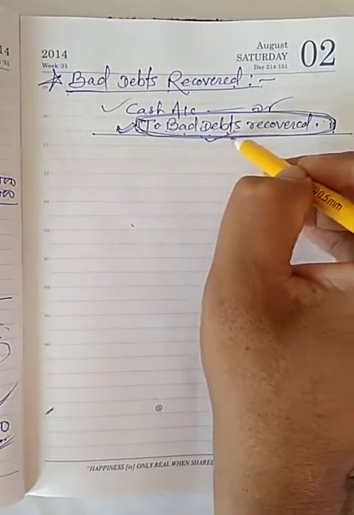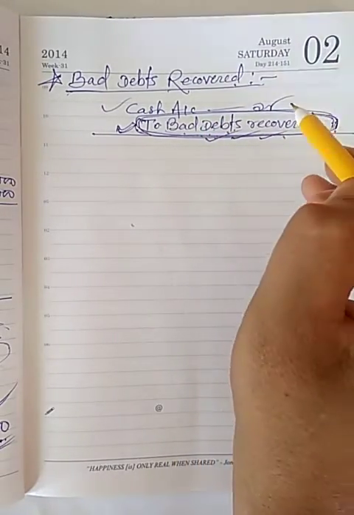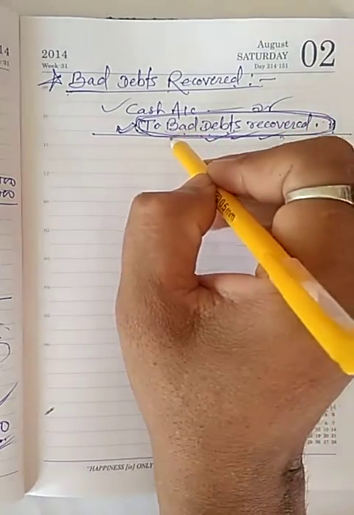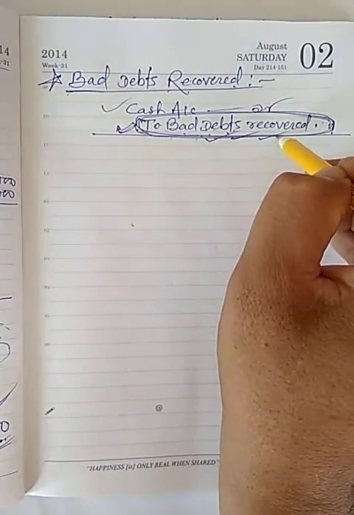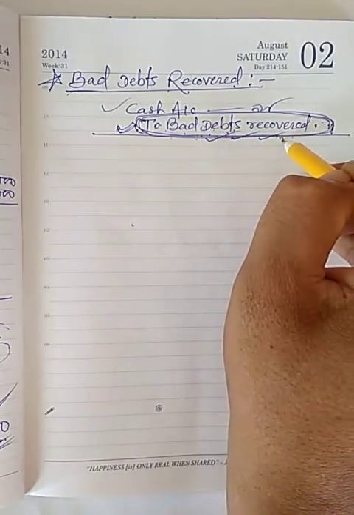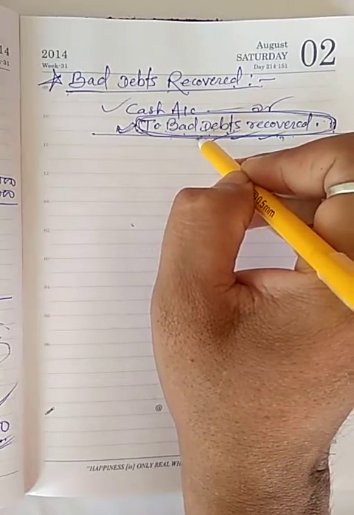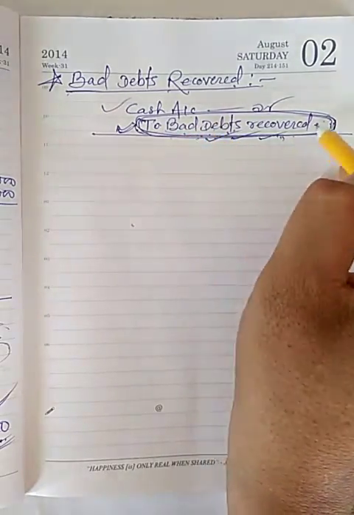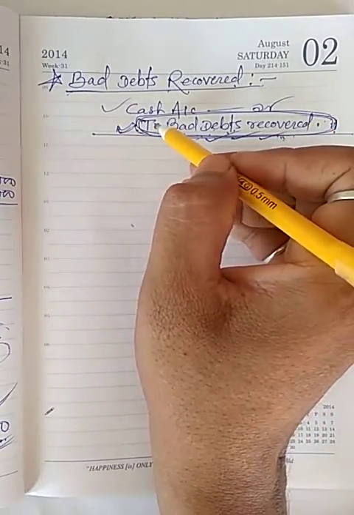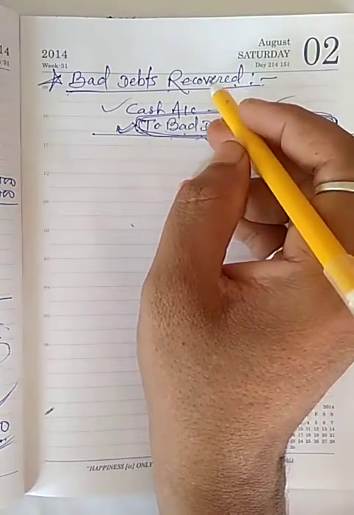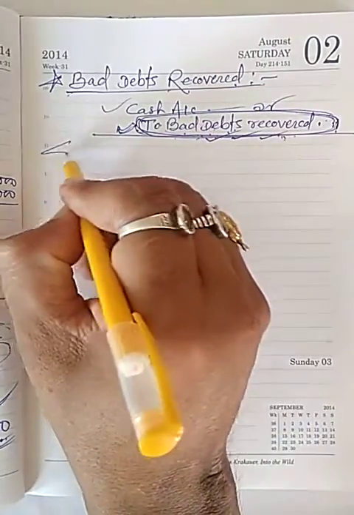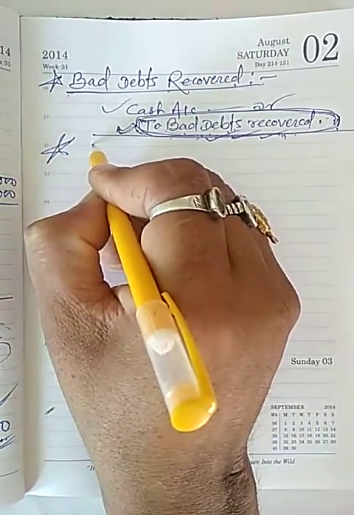So this will be income for the business, and it will be credit according to nominal account. Nominal account says credit all the income and gains. Now some other point is